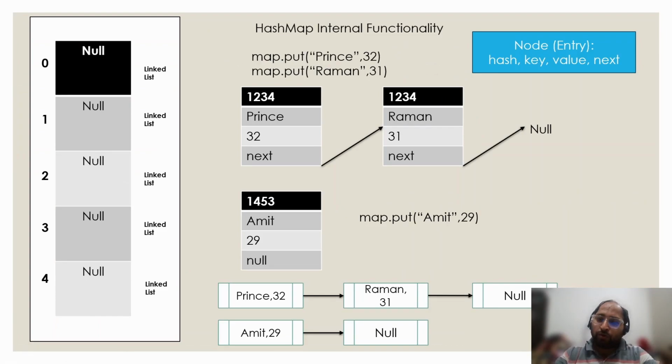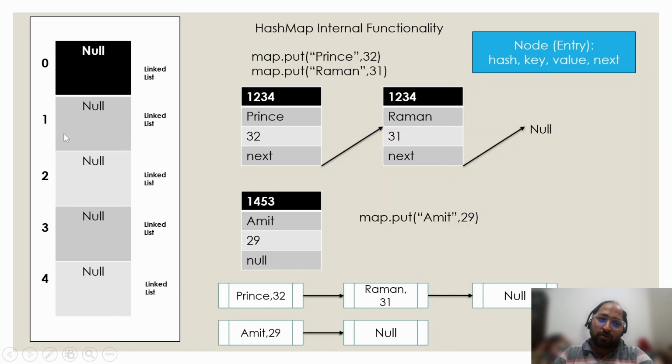So before we move on to the discussion of how linked hash map internally works, let us quickly recap how hash map internally works. So this is one map that I have created of size 5. What we are trying to do is add map.put prince comma 32, meaning we are adding the first entry prince comma 32. When we add prince comma 32, because prince is a string, the string class hash code method will be called. Let us say 1234 hash code is generated, and because of this 1234 hash code, let us say one index from this capacity is calculated. Let us say index 1 is calculated, right?